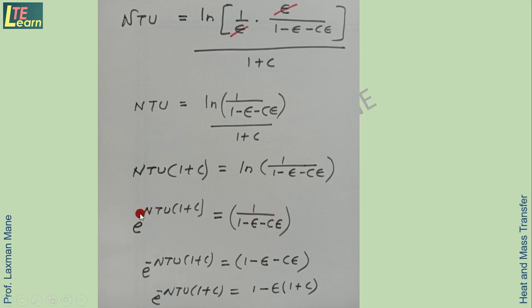After that write a minus sign here. When we write the minus sign on the left side, we can exchange the numerator and denominator. So this denominator, all the terms come at the numerator. For that the minus sign comes. So that is the mathematical arrangement. Then take this epsilon common from this. So 1 plus c comes here.